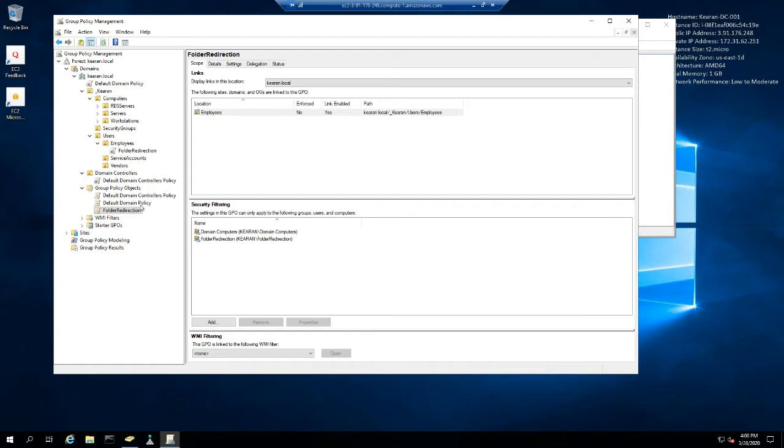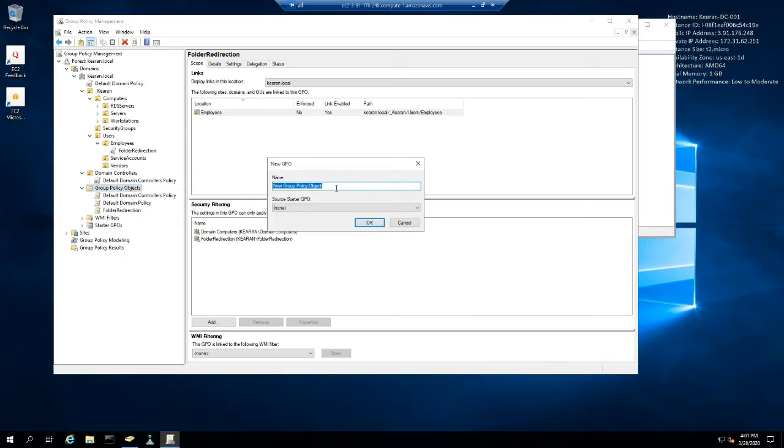Alright, so another thing about group policy is to get a good structure for group policy going, and something that people can work with later on. This is the if-you-get-hit-by-a-bus practice here, is to only use one group policy for one thing. So like we have folder redirection, we have